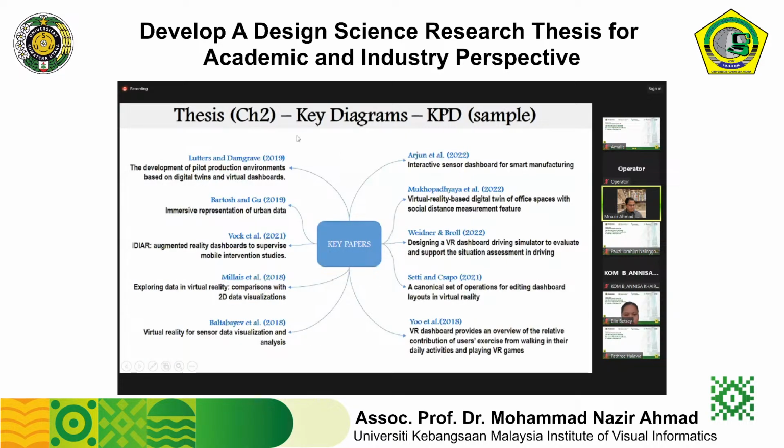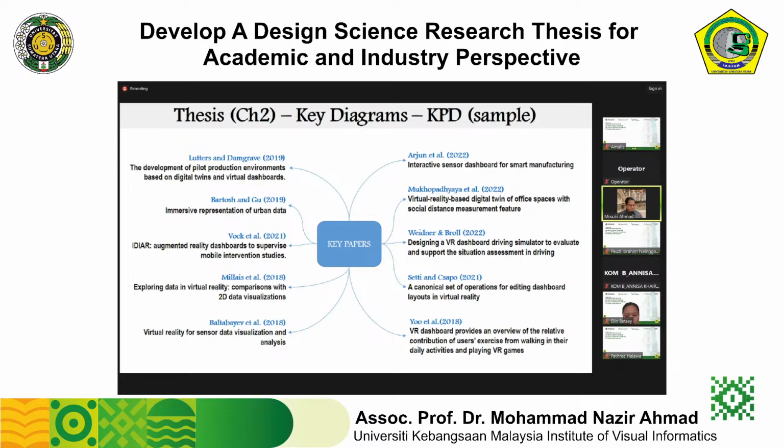All right, in chapter 2, I introduced the key diagram you must have, KPD. You can present your key diagram in any diagram like this. The way you identify the key diagram is very important, the key paper is very important, because the key diagram represents the key paper that